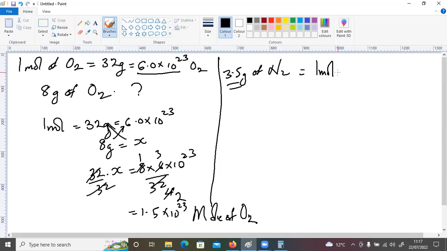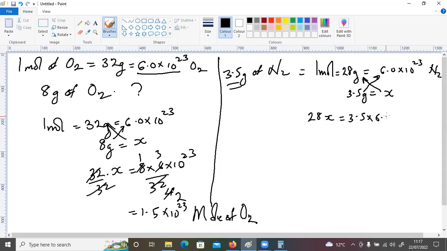So I will come and say 1 mole of nitrogen is equal to 28 grams and must contain 6.0 times 10 to the power 23 molecules of N2. So what about 3.5 grams? Will contain how many molecules of N2, and cross multiplying like that, we get 28x is equal to 3.5 times 6.0 times 10 to